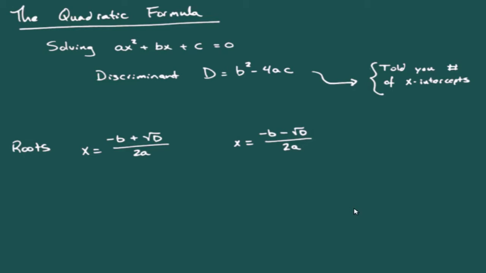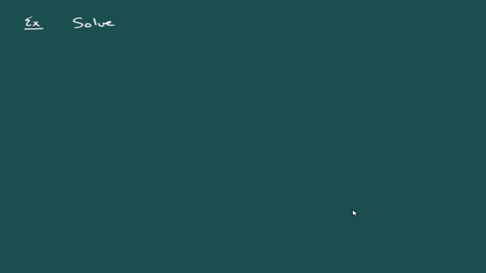Now to see how this actually works, let's look at an example. Suppose we're asked to solve 2x squared minus 11x plus 12 is equal to 0. The very first thing we're going to do is identify what a, b, and c are. In this case, a is 2, b is negative 11, and c is